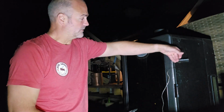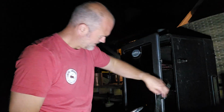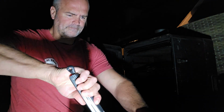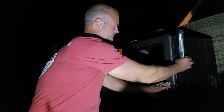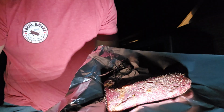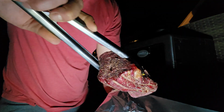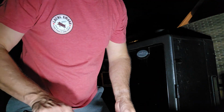All right, we've hit where we needed to be. So I'm gonna pull this out. I'm gonna wrap this in aluminum foil. I'll check on that other piece of tenderloin in a second. But there you go right there. This is looking delightful. That is going to be very good in the morning. It's really,